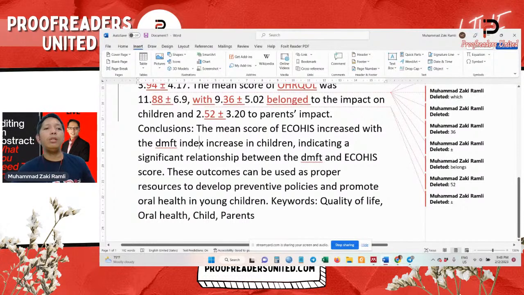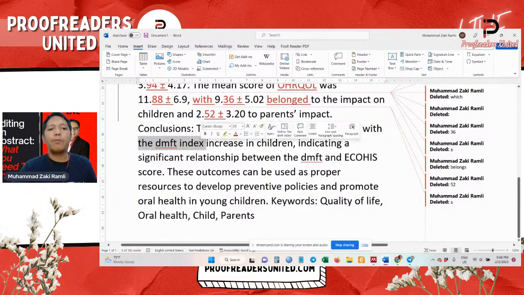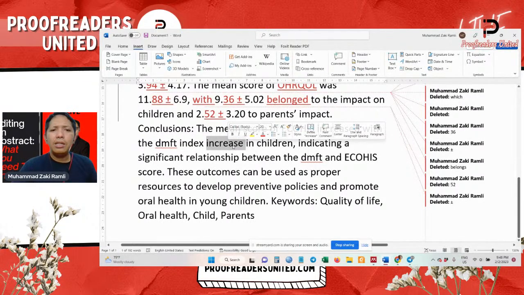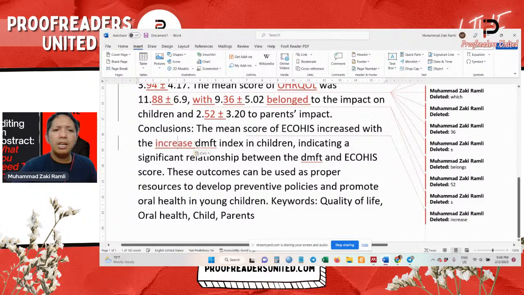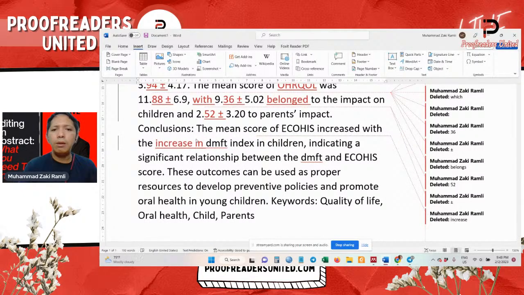Summarized into the conclusions. Okay, the mean score of EcoHis increased with the DMFT index. What does it mean here? The mean score of EcoHis increased with the DMFT index. Oh, okay. I think the increase in, okay, just now I was confused about the meaning. In children,